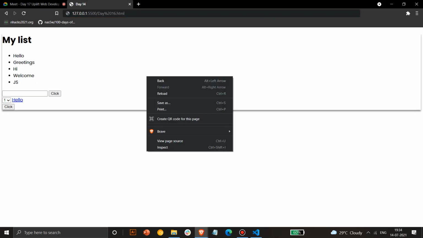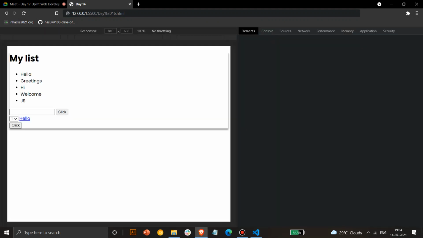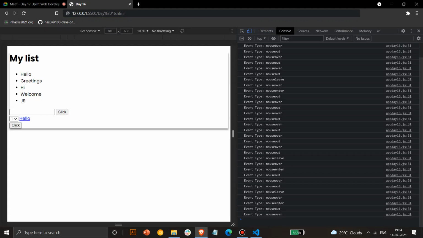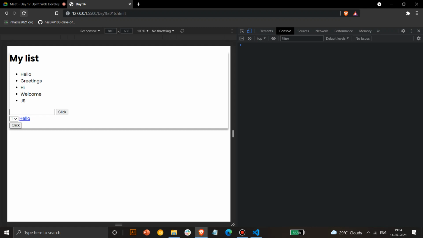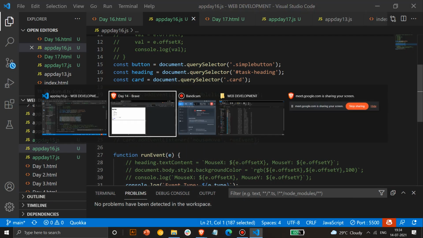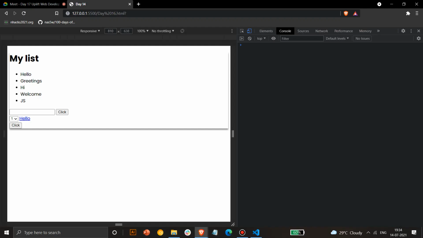That was the issue, right? Yesterday it wasn't working. Okay, wait a second. As soon as I go inside this, mouse enter should work. Yes, mouse enter and mouse over are working as soon as I enter.